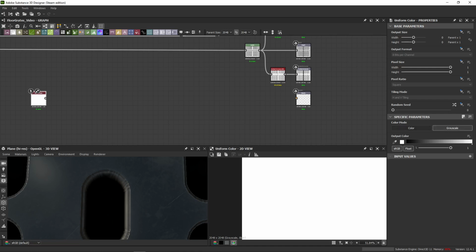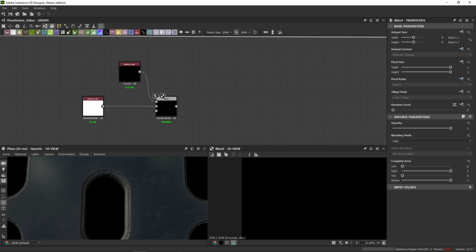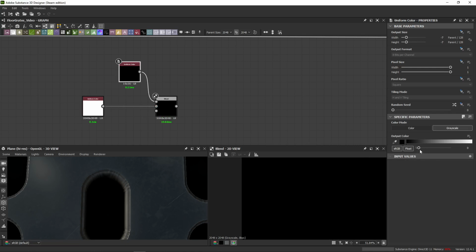Again, set to grayscale, because we have grayscale information for metallic as well, similar to roughness, similar to height. This is set to copy. This is set to black, and it's also set to grayscale. And then we want to use